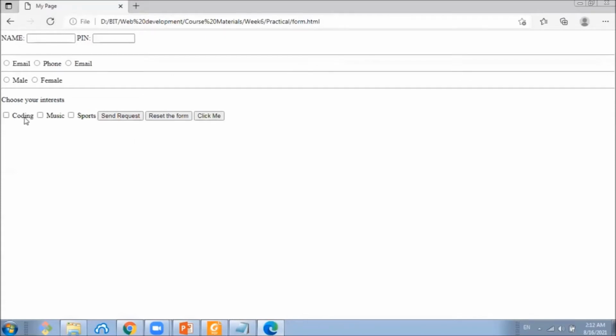Now you can see the user can select more than one option here, but in the radio button we could select only one option from one radio group. Right.